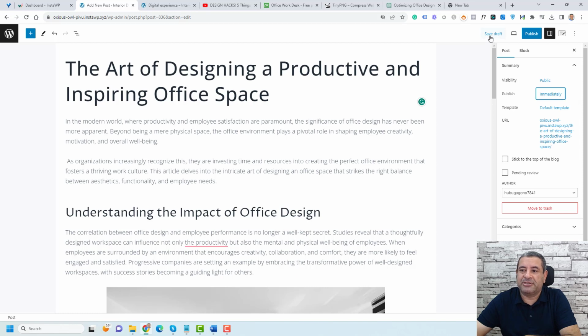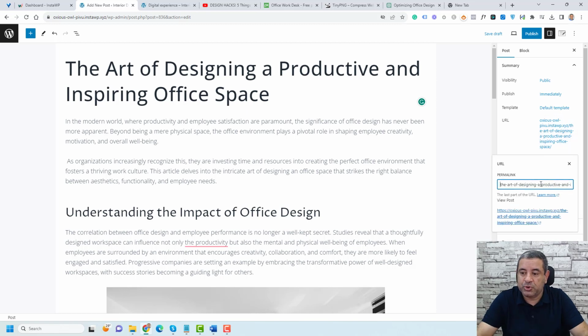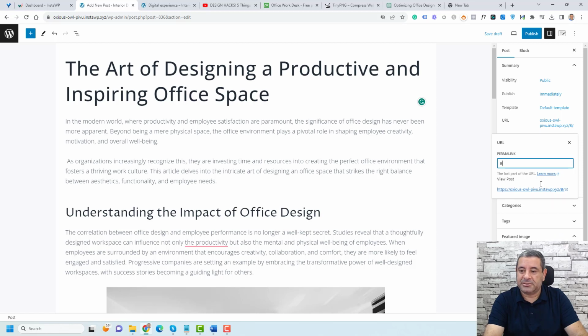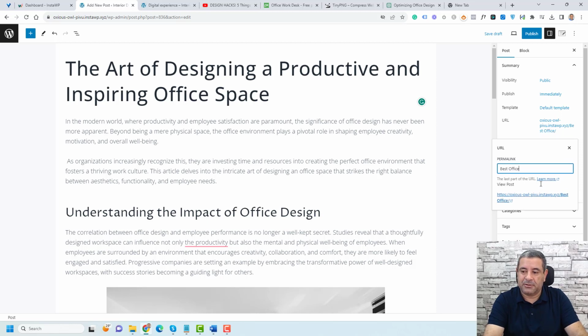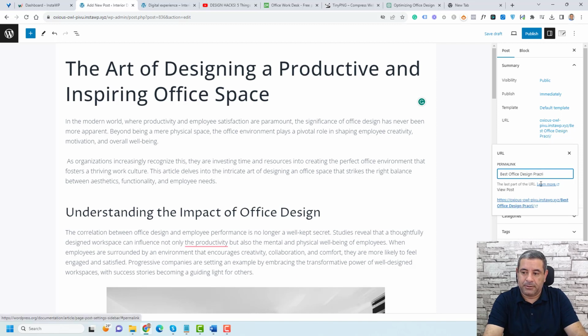So now this is still a draft. Let me first show you how you can change the permalink, or how you can change the URL of your articles. To change the URL, you can just click here, and here you can change this URL. So this is a URL about best practice for home design. So I just right click here, select all, and type, let's say, best office design practices, and you just click here. Now this has been